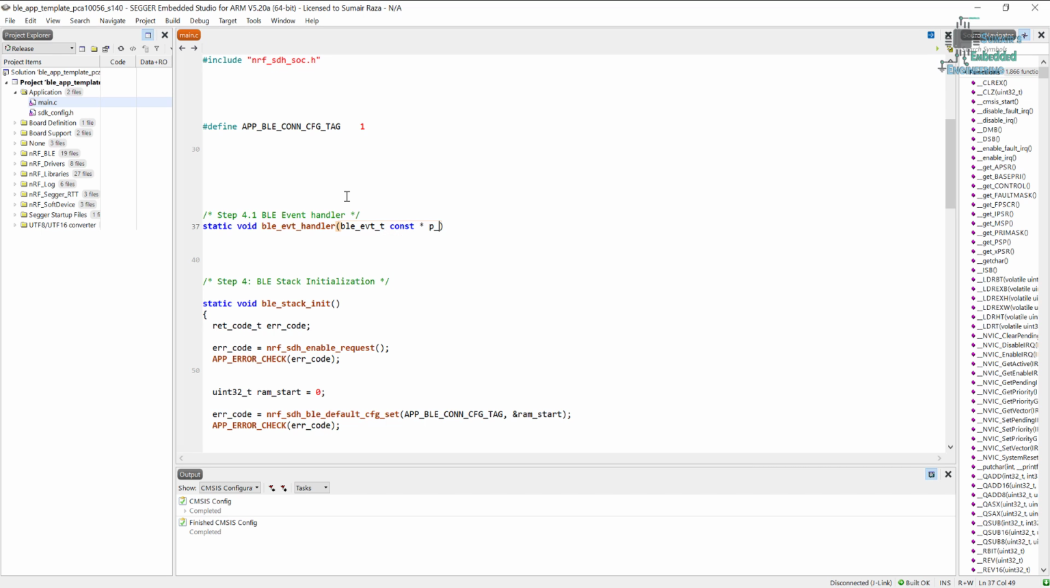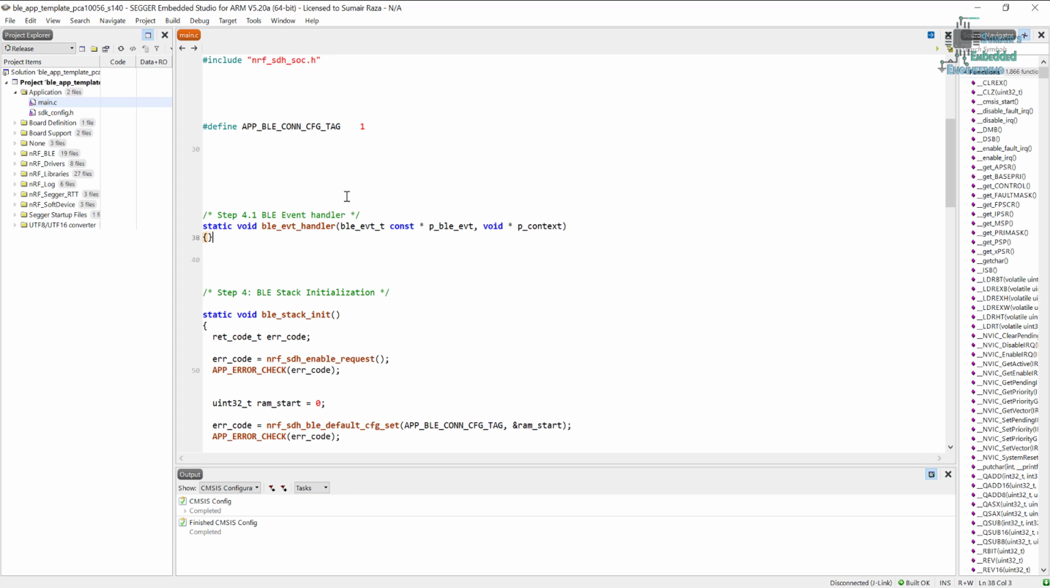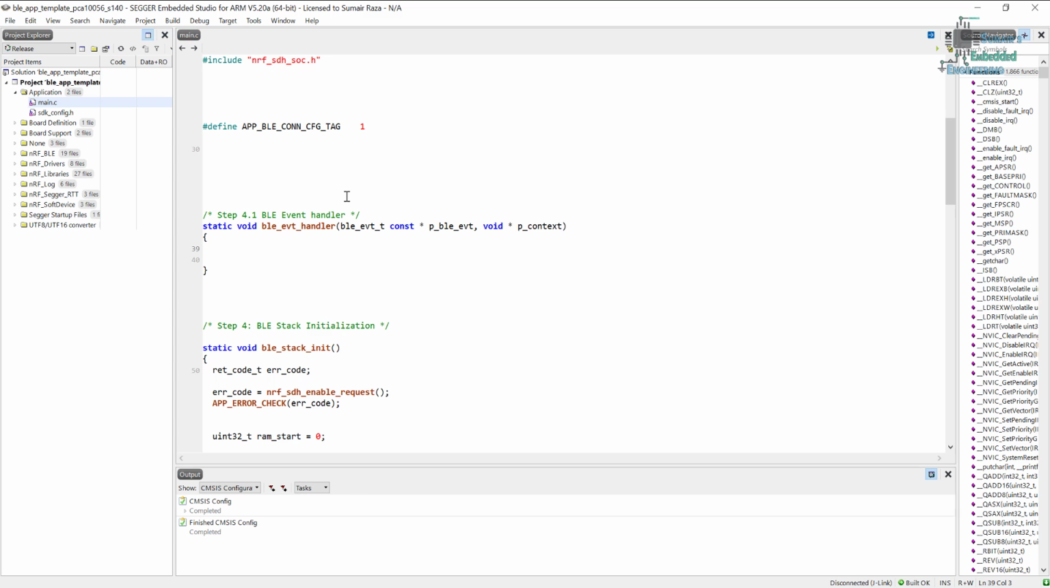And it will pass us the pointer to the events, and then we will see these events. We will check these events, and if these events need to be processed by this application, then we will process them. Some are really important to process, for example the connection and disconnection events, so we know whether our device is connected or has been disconnected. So this is the BLE event handler, and now we will register it